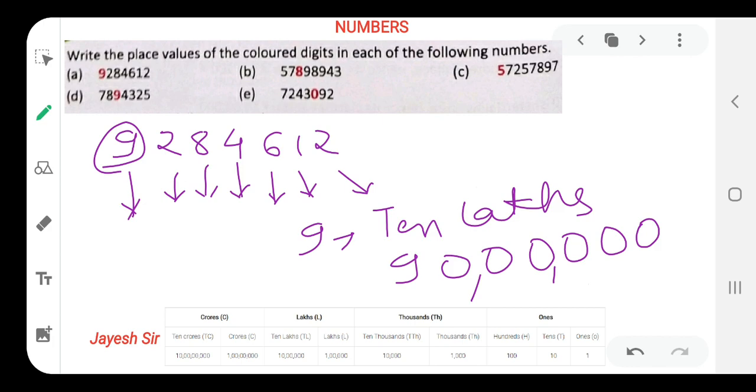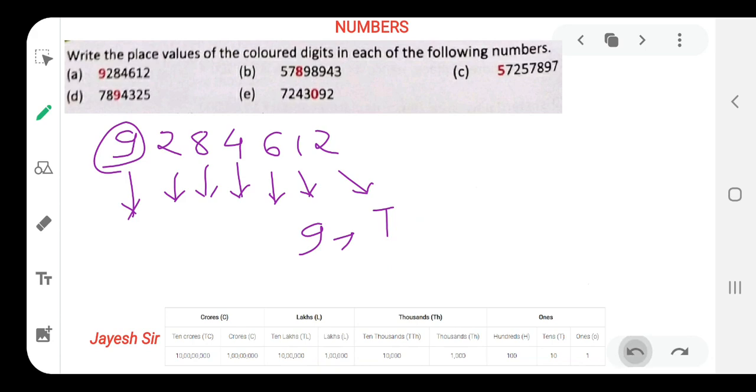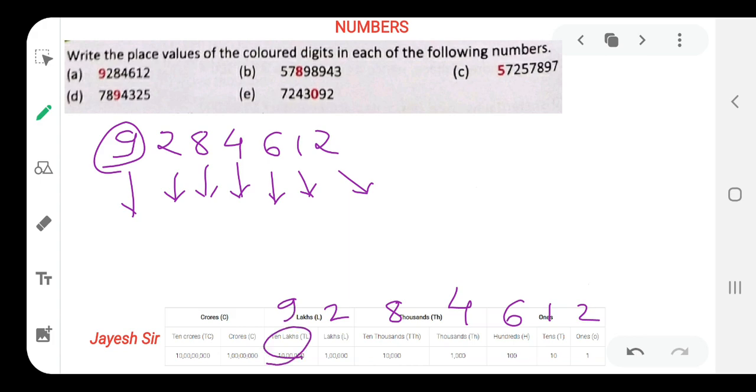And that's very easy. So our second method for the same sum is how we can solve by using the chart. By using the chart, we can write 2 here as it is on the ones place. 1, 6, 4. Then after writing 4 we have to write 8, then 2 here and 9. So what we are getting is our value as 10 lakhs. As we already got that answer in the first method, our answer is 10 lakhs.